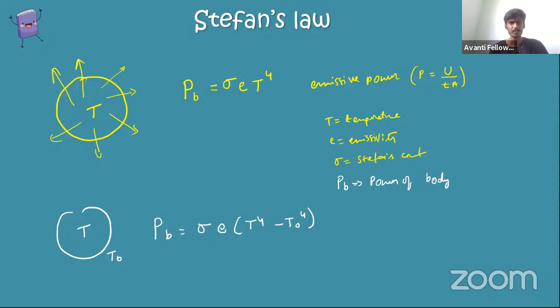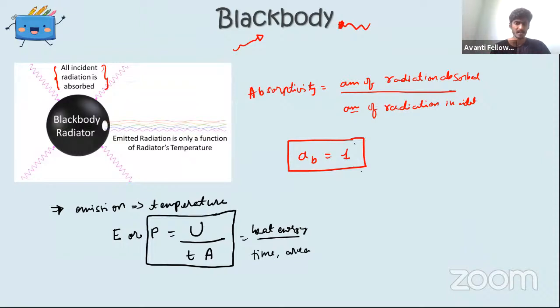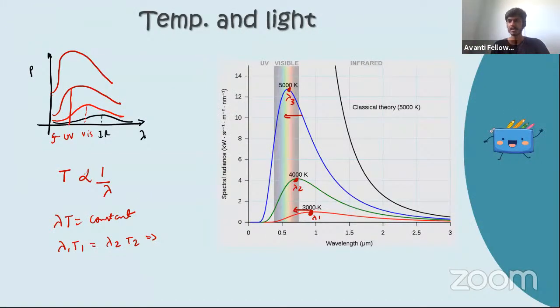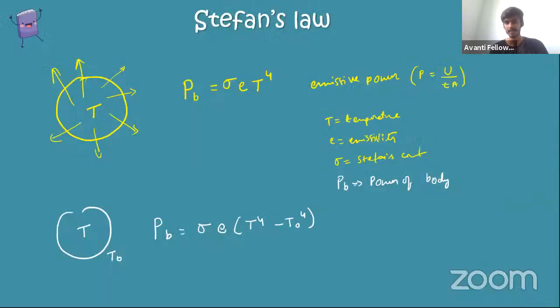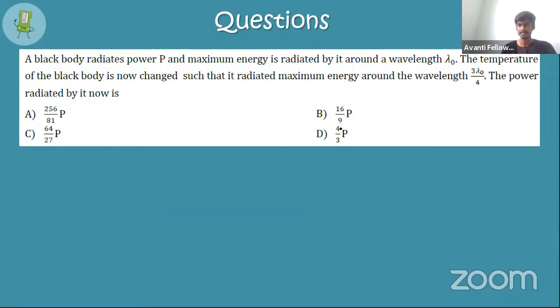Very simple. So whenever a black body absorbs everything, absorptivity, emissivity now, and whenever you heat the temperature, the color of the object changes, and because of that, we can define Wien's displacement law. Then we have studied Stefan's law. Now let us solve some problems on it. Just theory is not enough, right? Now let me tell you one simple question here.